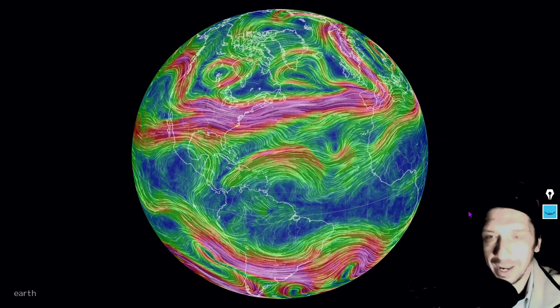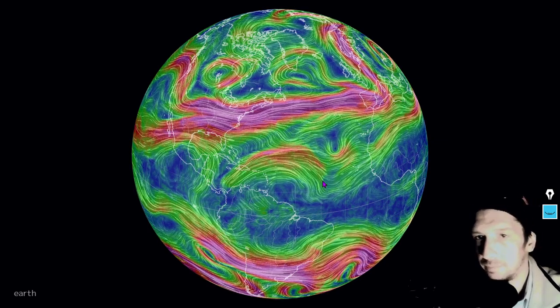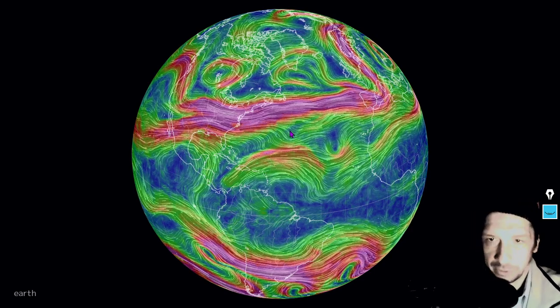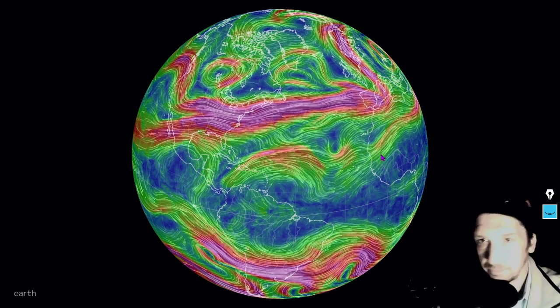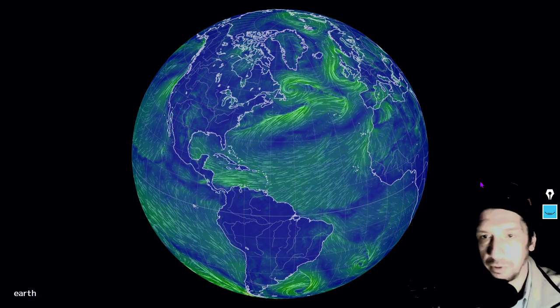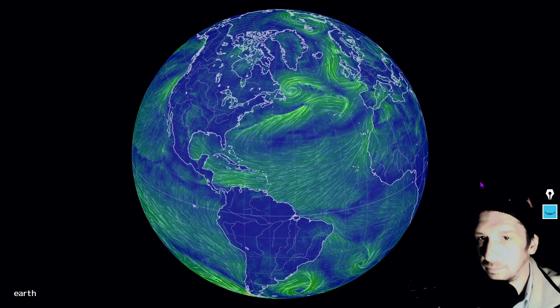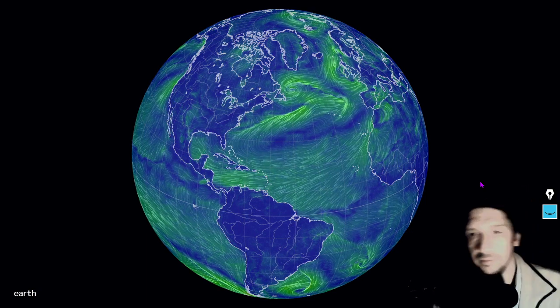And we see quite chaotic jet stream flow here in the northern hemisphere once again. Although a concentrated jet stream over the North Atlantic. And here are the surface winds of the western world. Powerful low pressure system there northeast of Newfoundland. Continuing on,